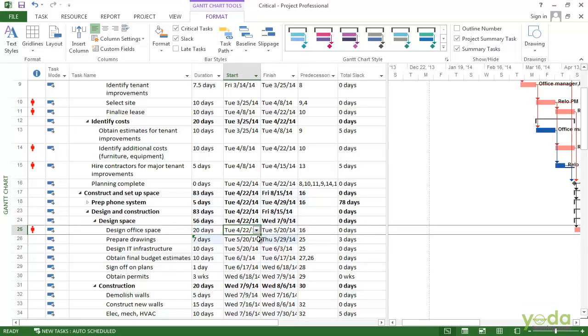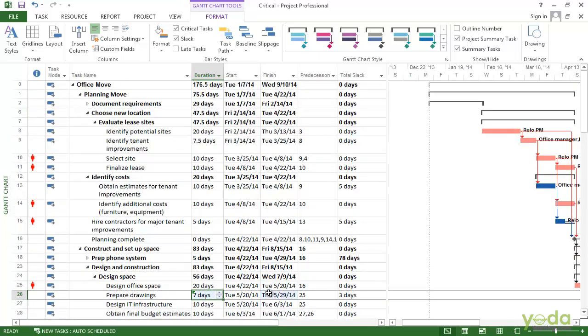So I type 7D or manually change it to 7 days and press enter. Now you can see the slack drops to 3 days. However, if we go back, you can see that the task date hasn't moved from September 10th because it's still a non-critical task. You can tell its task bar is still blue.